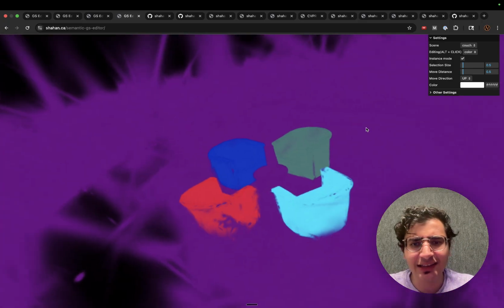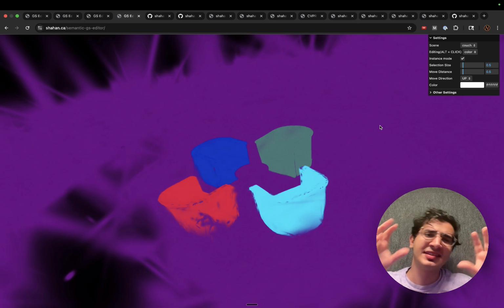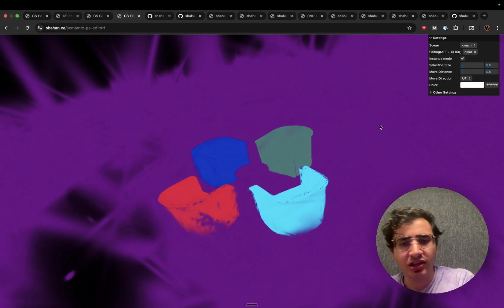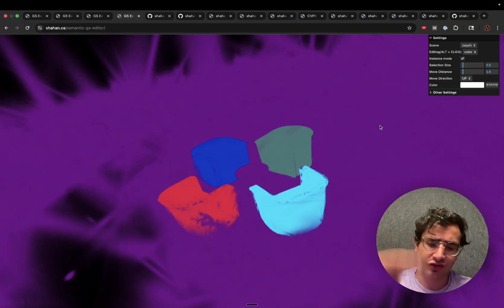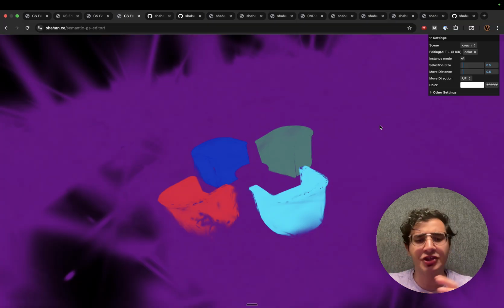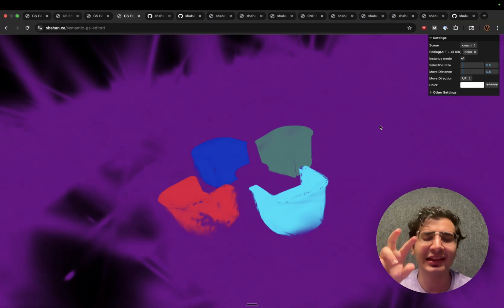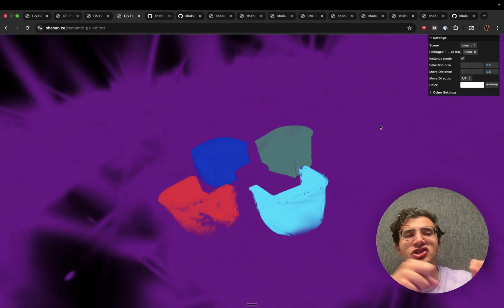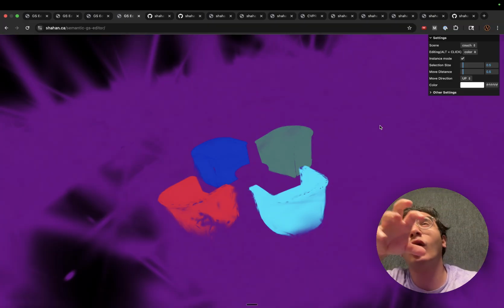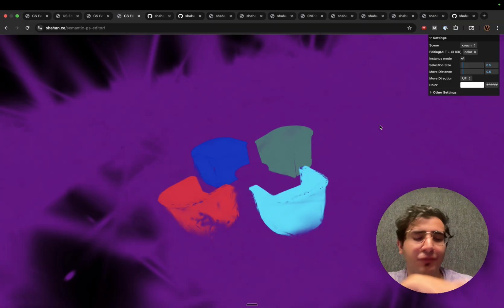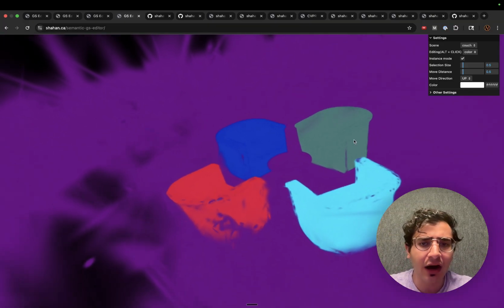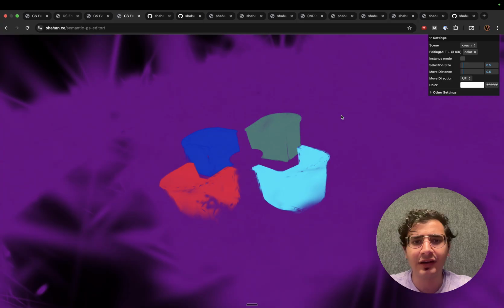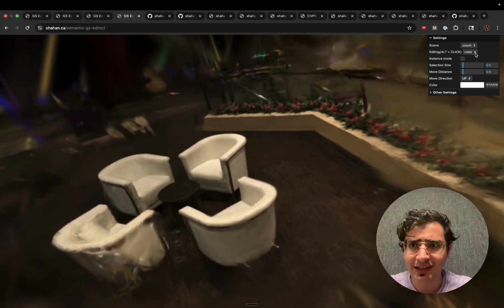How I exactly did that is I used Meta's Segment Anything to segment the 2D training images of the splat, of my training data. And then when I would do the training, just like you can train features for the color and opacity, I added a new feature to every single splat, which is what instance in the scene that splat belongs to, and then during training time I would optimize that, and that worked pretty well. You can see here, it's learned that these couches are different instances,